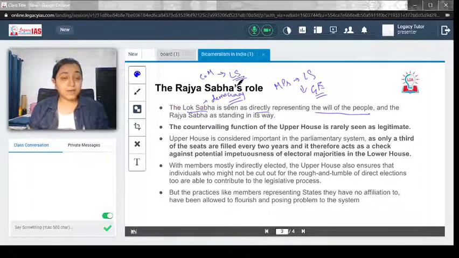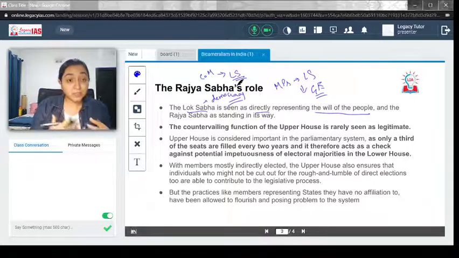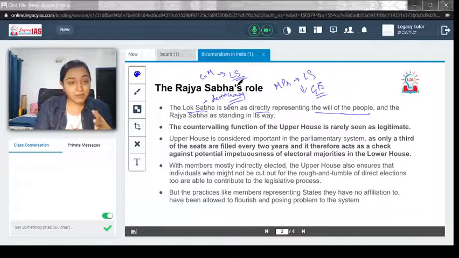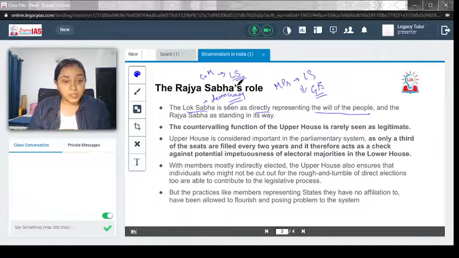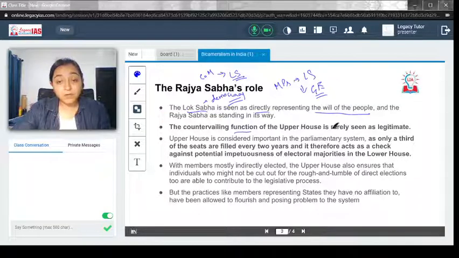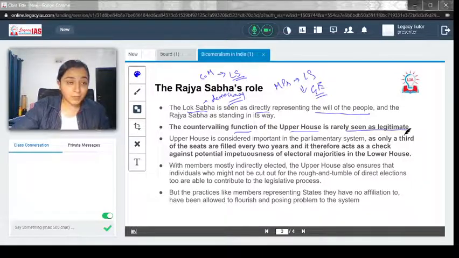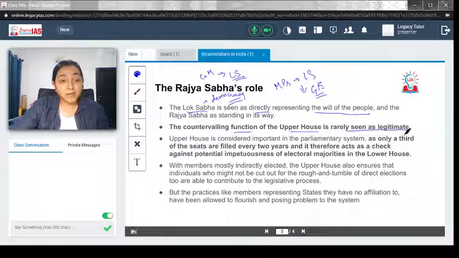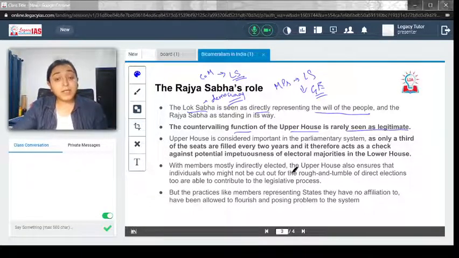So in that regard, why is the Rajya Sabha there? If nothing else, it just makes the procedure more lengthy, or they just stand in the way. There is not much that is needed. So these kinds of things have been said about the Rajya Sabha. The countervailing function of the upper house is rarely seen as legitimate. Why does the Rajya Sabha come into the picture? Why does a bill which could be passed by the majority in the Lok Sabha have to be deliberated in the Rajya Sabha? It will take more time, which could have been done at the earliest. So all these things make it feel like the Rajya Sabha is not needed, but it is considered important